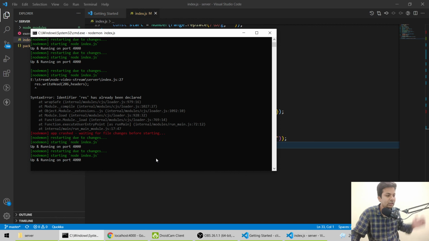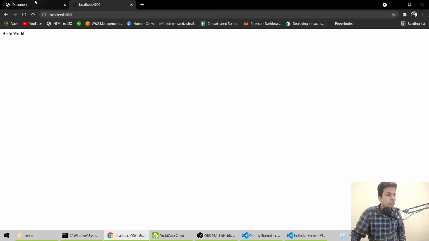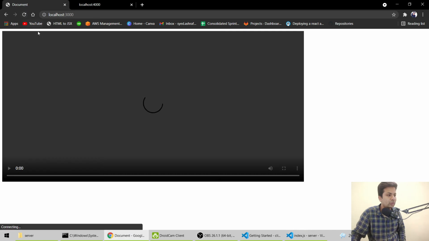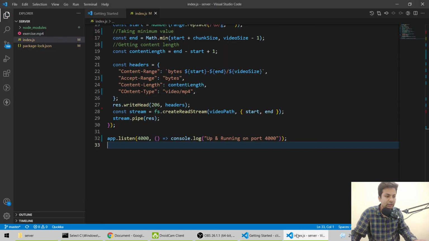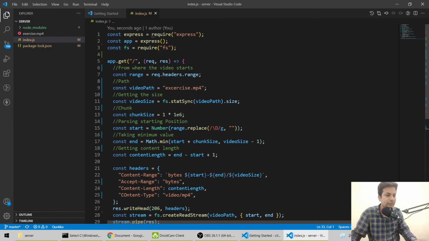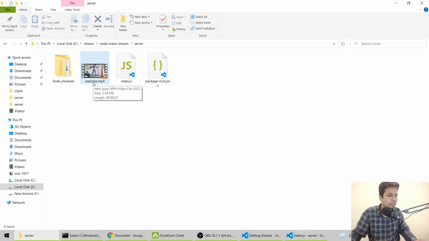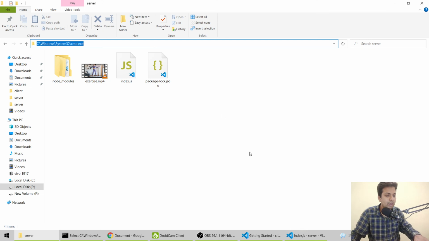Everything is running, no problem. So we'll go to localhost and reload this, and I think there is some error. No such file, exercise.mp4, it can't find the file. I think I have to give the whole path, but it should work. It's in the same folder. Okay, let me give the whole path.